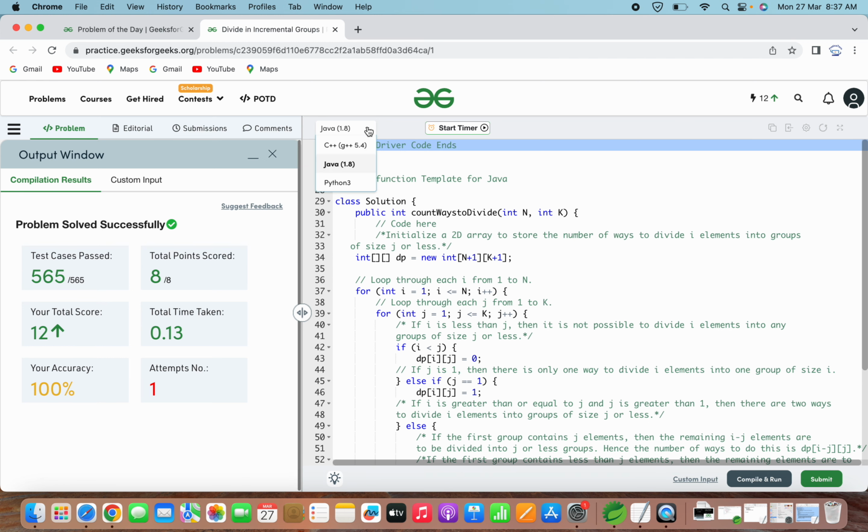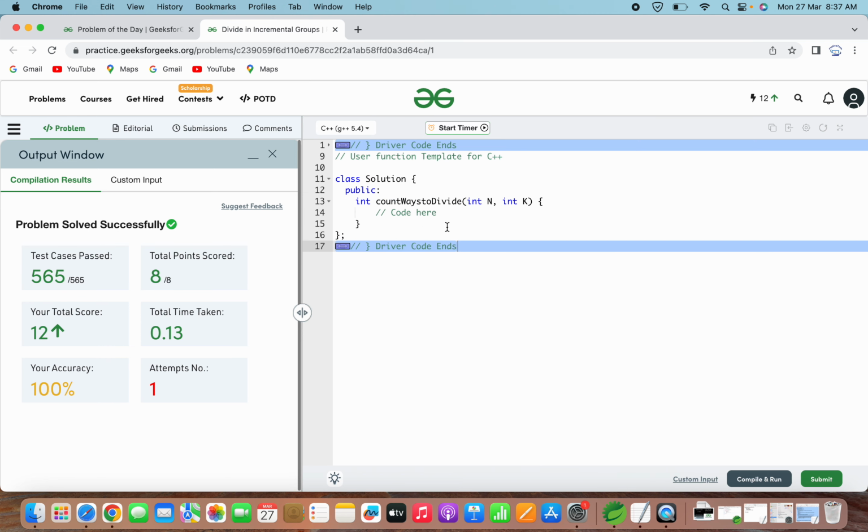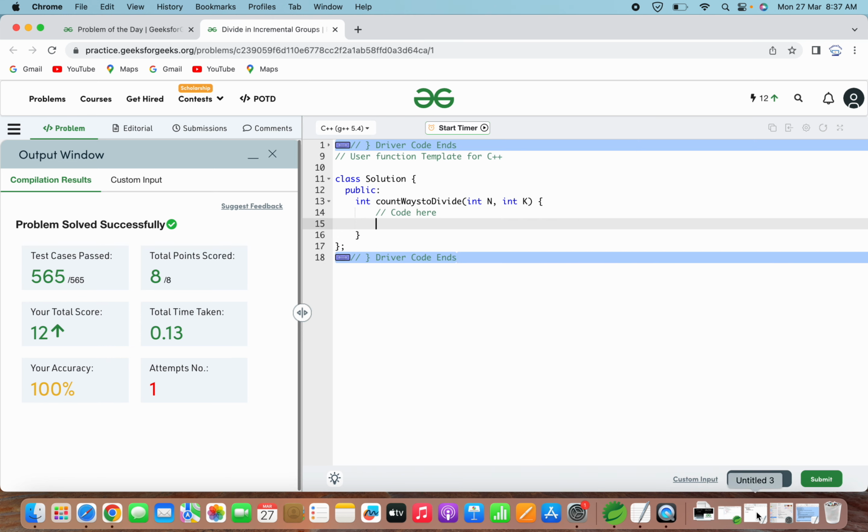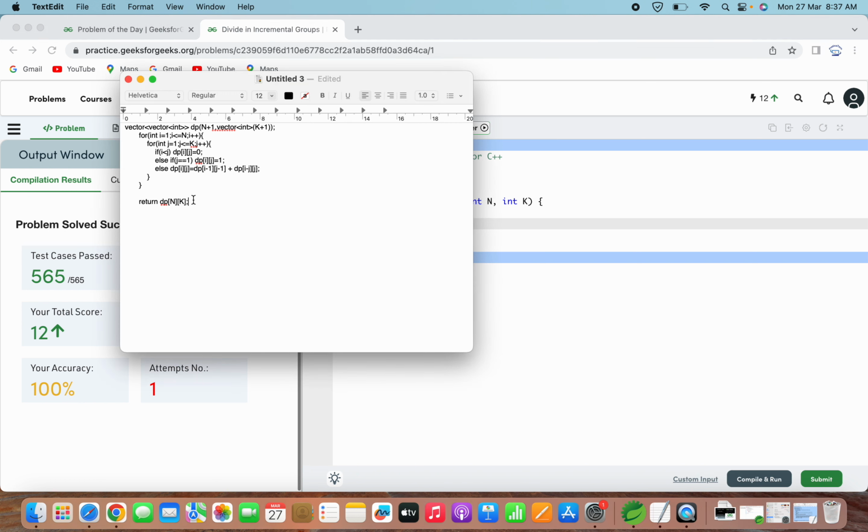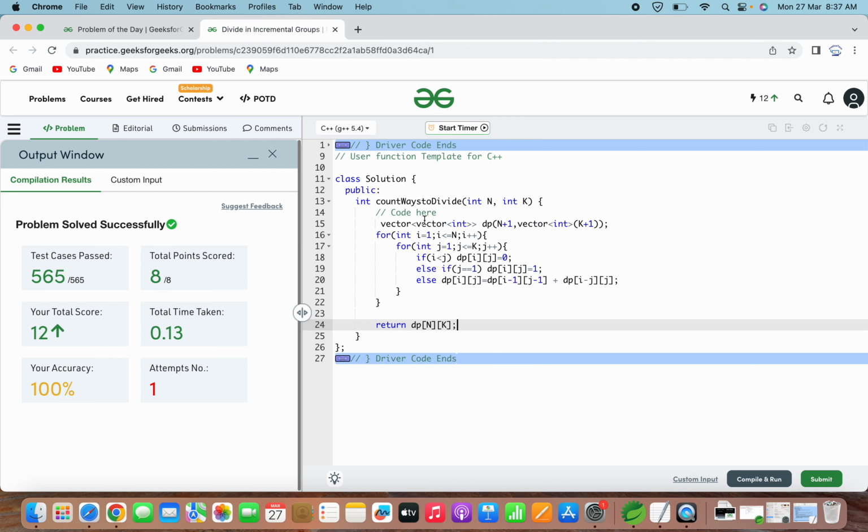The same code we will just try to solve for C++ as well. The same code is there, only the comments are not added because it is not required to add comments in all the places. The only difference is the way we define arrays here. The 2D DP array is different in C++ and Java. Here we use vector, and there it was using the dynamic integer array.